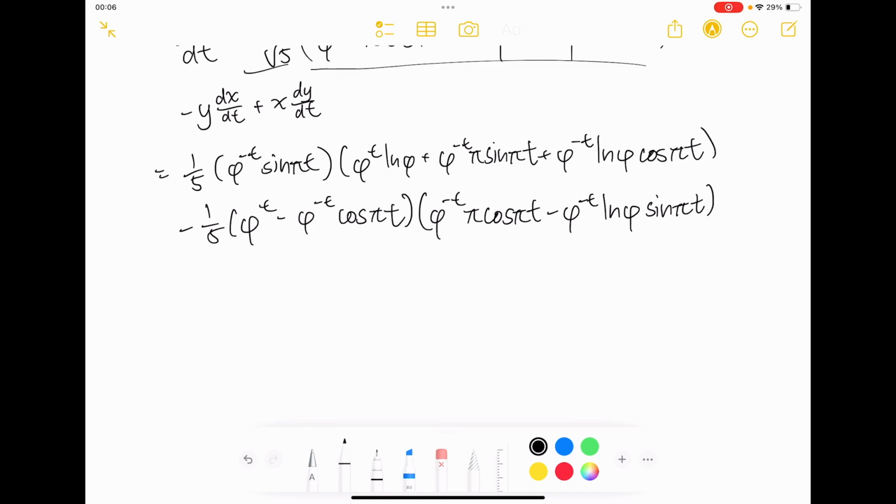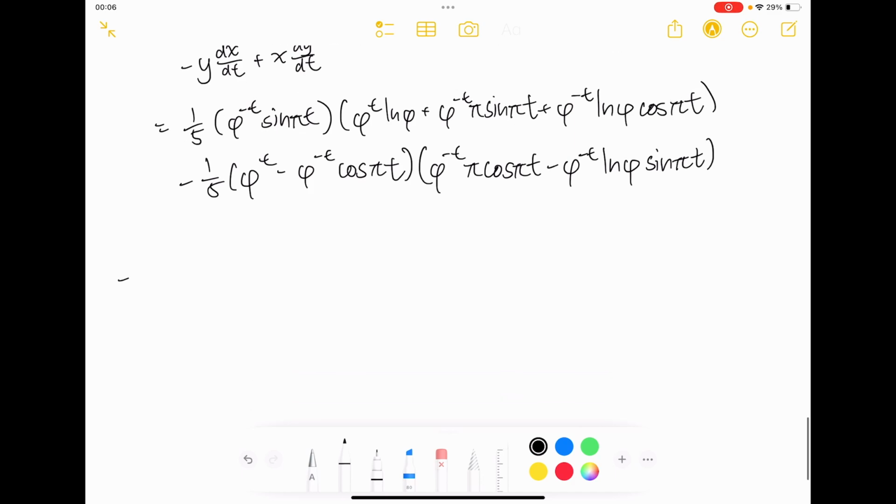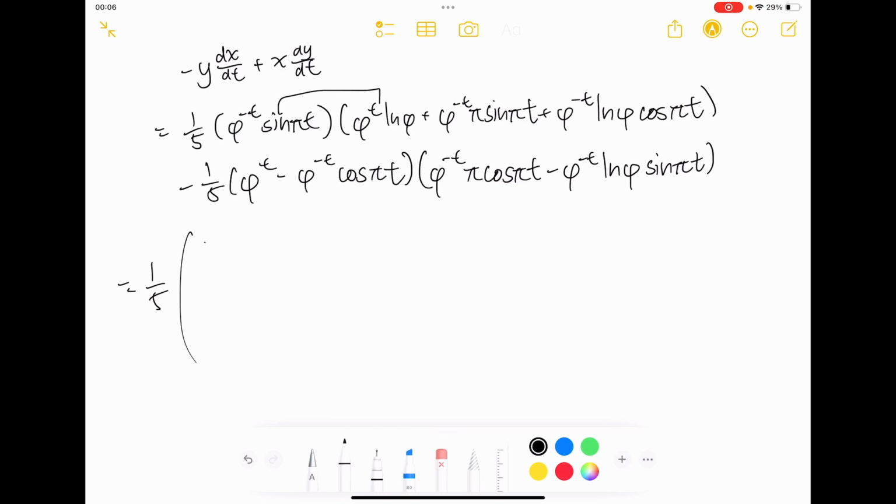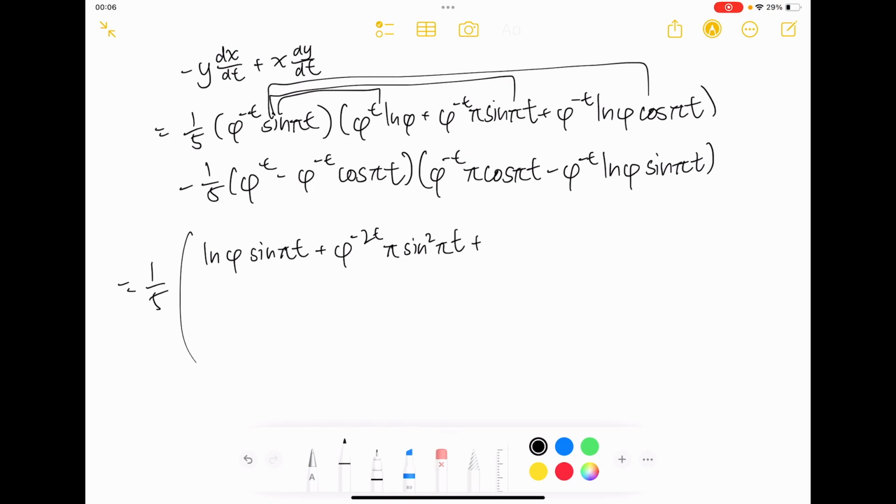But anyways, it's time to expand this. I'm just going to pull out a fifth just outside of everything, and let's start expanding. So that's going to be natural log phi sine pi t, that is going to be phi to the minus 2t pi sine squared pi t, interesting, and plus that, which is pi phi to the minus 2t natural log phi,